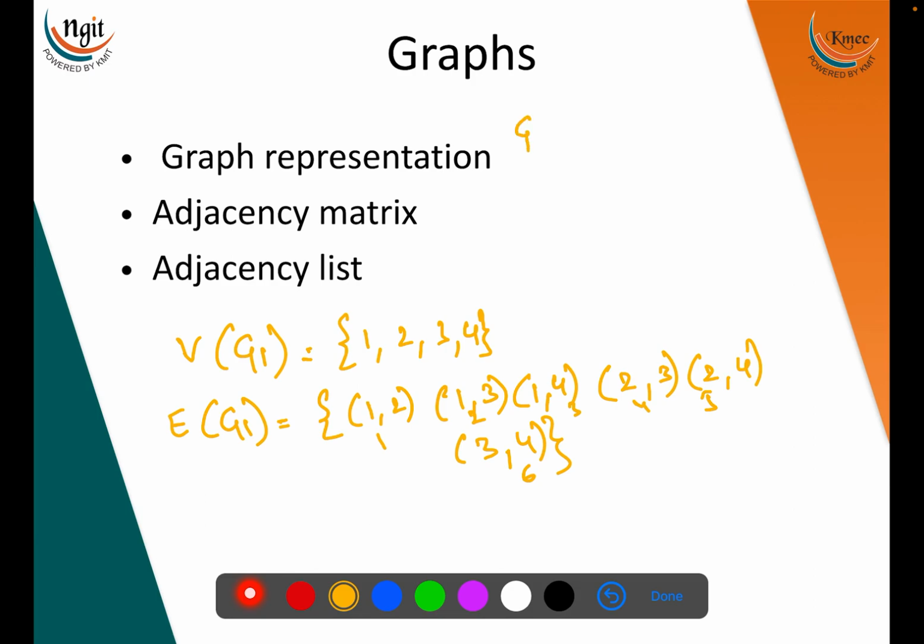Assume that G1 is equal to 0 1 1 1 1 0 1 1 1 1 0 1 1 1 1 0. Now it is looking like a matrix, correct? So in this matrix, if you see, all diagonal elements are 0. That is what self loop is not there in the graph. So now you can see this one as